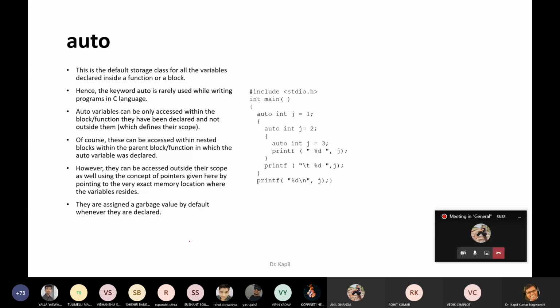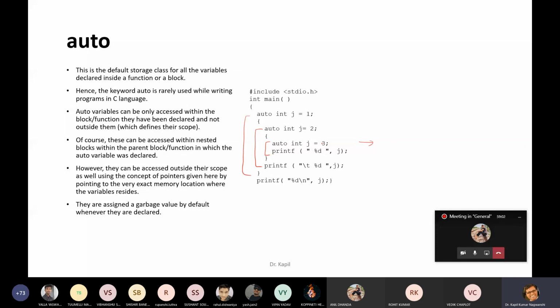So this is a program written for the auto variable, and I will explain the auto variable after this. I will explain only this program first. And then tomorrow I will explain how auto will work. Here you can see that this is the innermost loop, this is the outer loop, and this is the outermost.